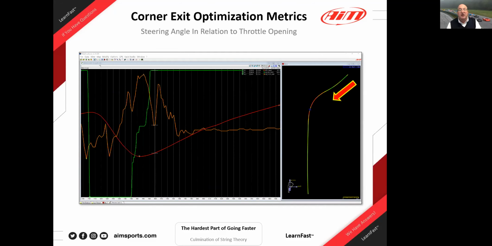So corner exit optimization metrics. Another way to look at it is steering. I try to get drivers to begin to be so proactive with throttle application that they have to physically open the steering wheel in rear wheel drive cars. So if they have the power, if they have the juice, then what I want to see is them apply throttle progressively and continuously from 0 to wide open throttle to the point where the car pushes back and the balance of the car changes because of the throttle application and because of the commitment